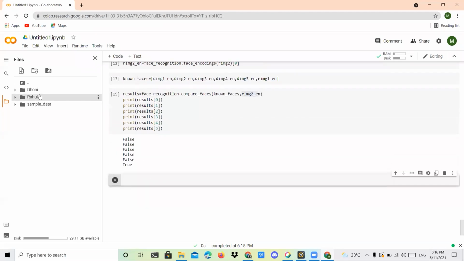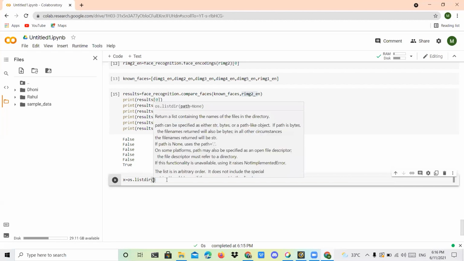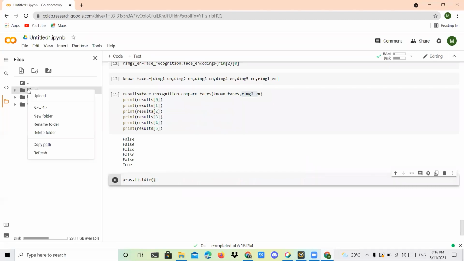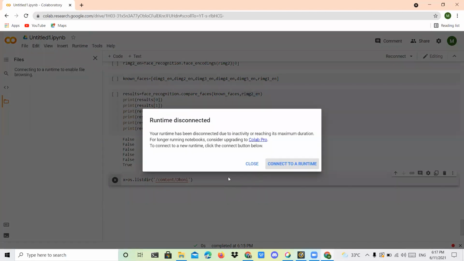First, we must know how many images there are in my folder. That is very important. So you can use os.listdir. Within that, you give a copy of this. You copy this folder alone. Don't copy the image. You can copy this folder, copy path, and paste it here within single quotes. And followed by, if you are going to do like a